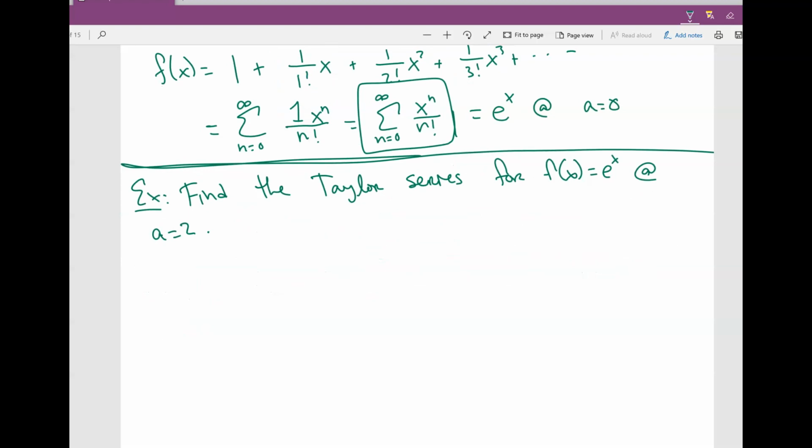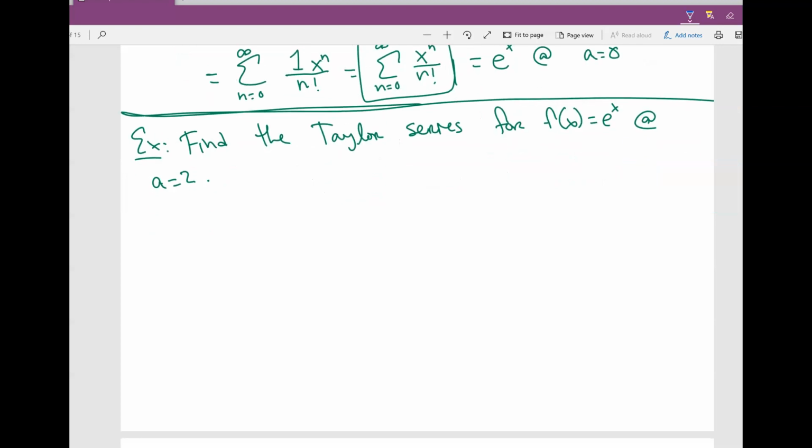Okay, so now we want to find the Taylor series. To find the Taylor series, let's first start off by writing out the formula. We know that the Taylor series is f of x equals the sum from n goes from 0 to infinity of f, the nth derivative evaluated at a, times x minus a to the n, divided by n factorial. So if I were to expand this, you're going to have f of a